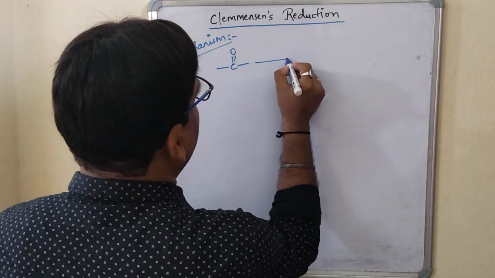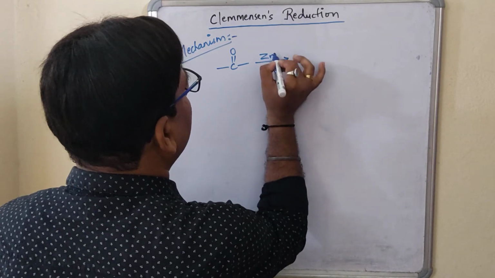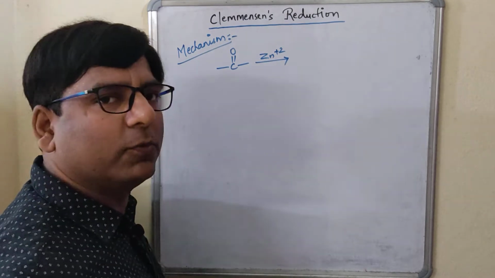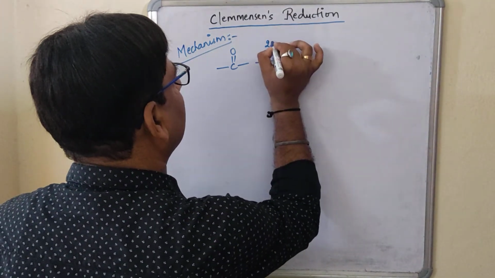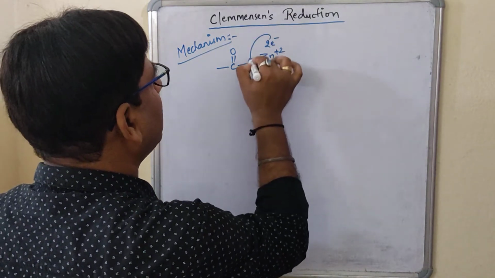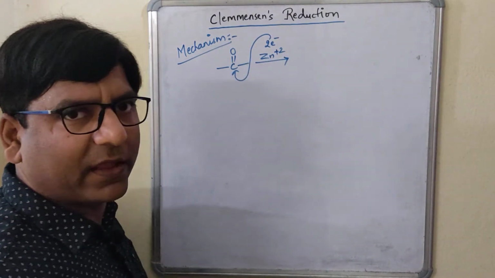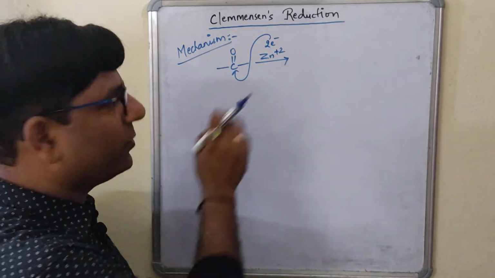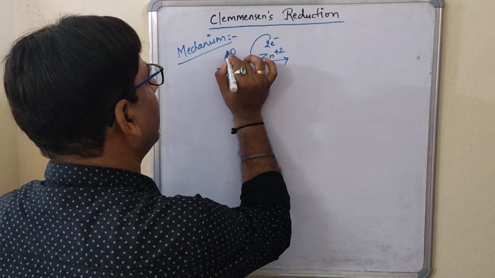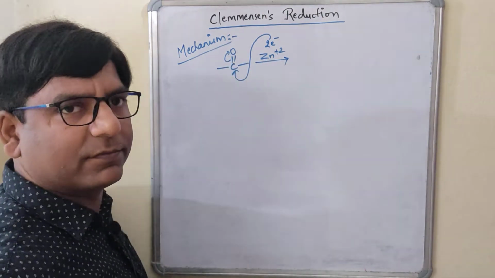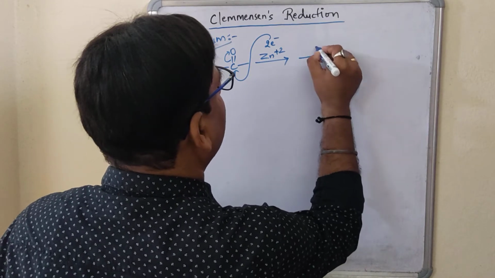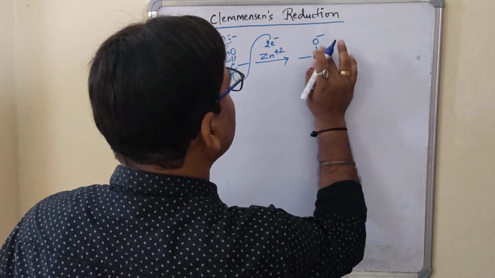Now in the first reaction, what will happen? This zinc in the form of Zn2 plus, it has 2 electrons, right? It can lose 2 electrons. Now these 2 electrons are going to come and attack this carbon. When the 2 electrons are given to this carbon, what will happen? This bond will break on this oxygen. Clear? Now, we will write like this, O minus,